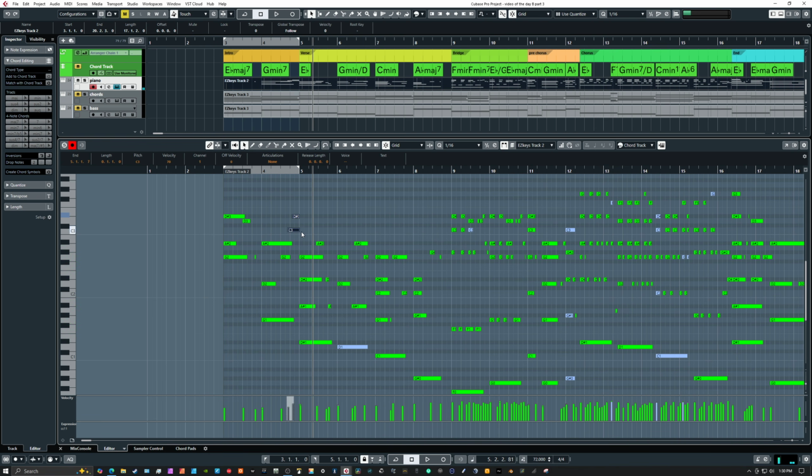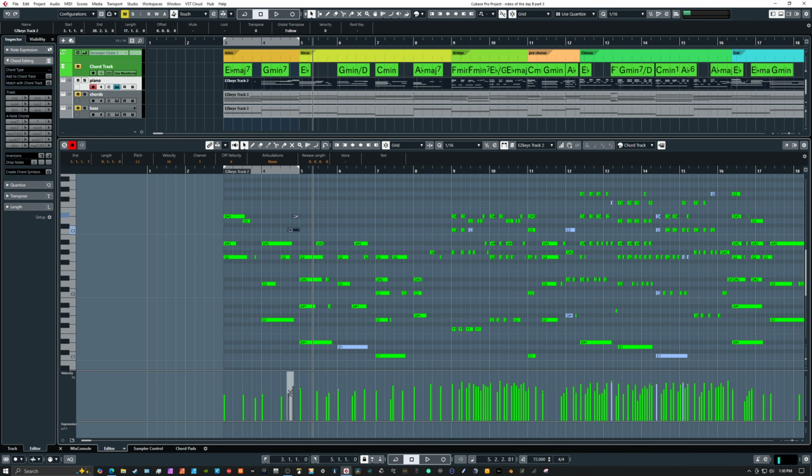I think generally these two can go down a little bit in velocity. I think I'll take this note up in velocity just to kind of hammer it home that it's transitioning to something new. So